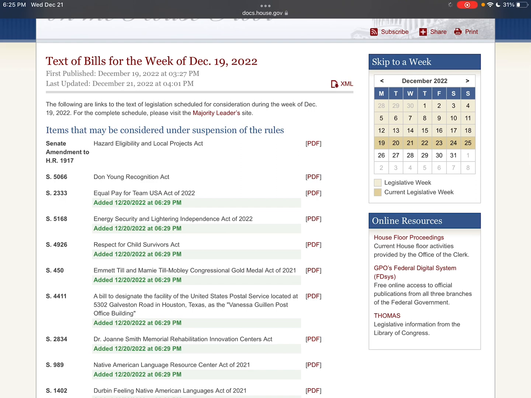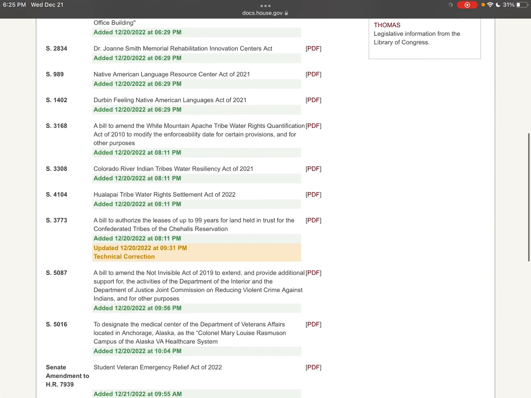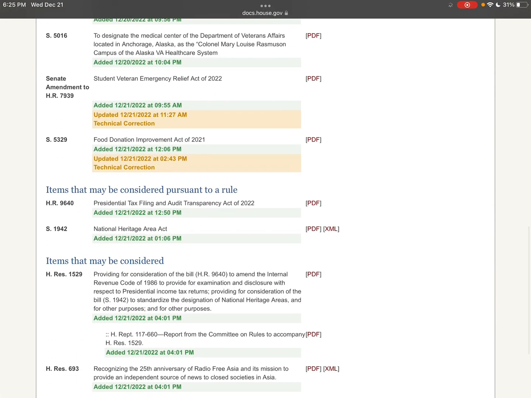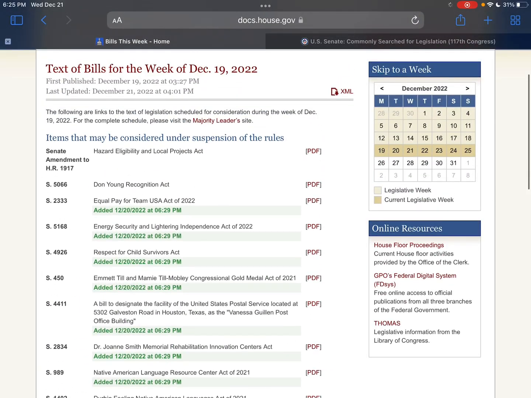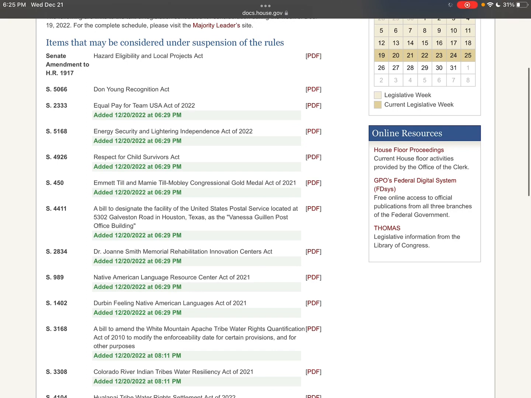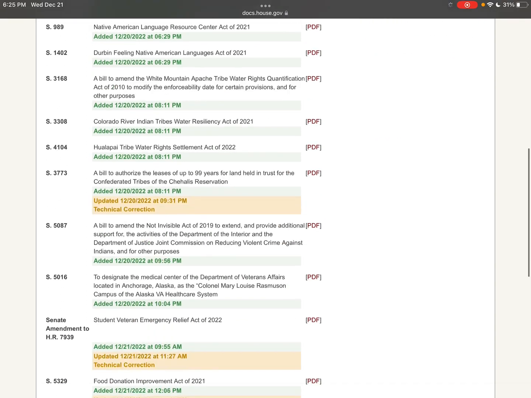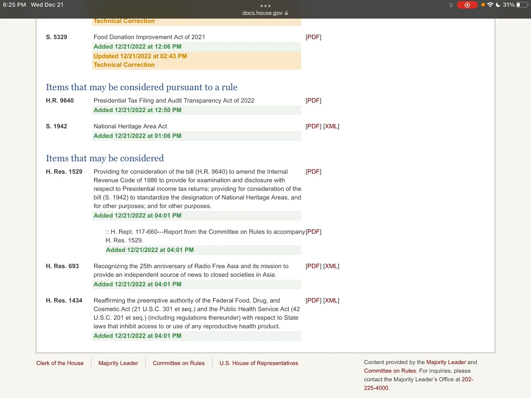It talks about items that may be considered pursuant to a rule. So it might need a certain amount of votes to be passed, or suspension of the rules, so they can suspend how the bill goes through. They may only need a majority vote to pass it, or it doesn't have to be talked about, etc., etc. And then just other items that may be